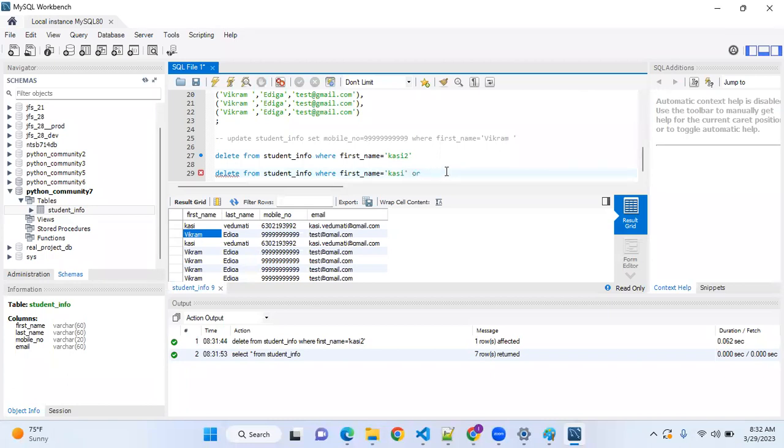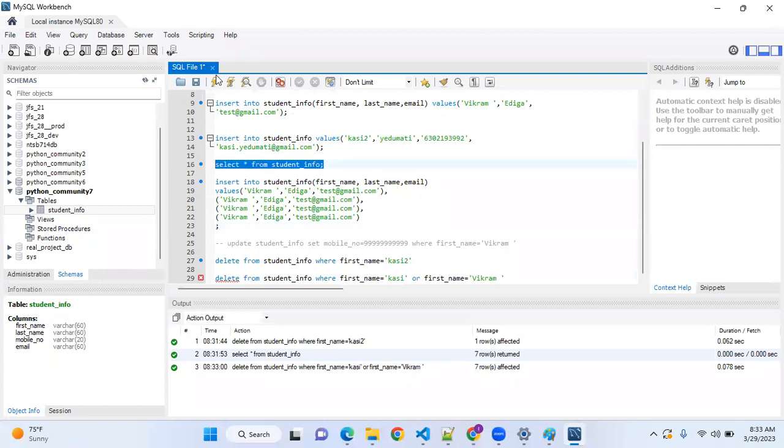OR is a keyword for an or condition, like we have in Python. So what I'm saying here is, wherever the first name is Kasi or Vikram, you can delete everything. Literally we have only those two names, that's why it will delete everything.